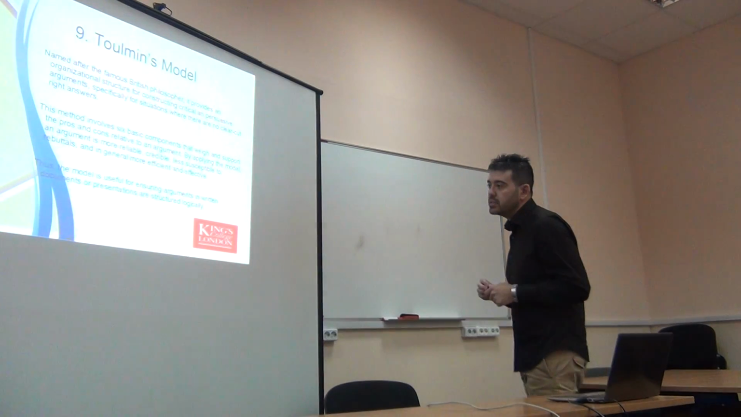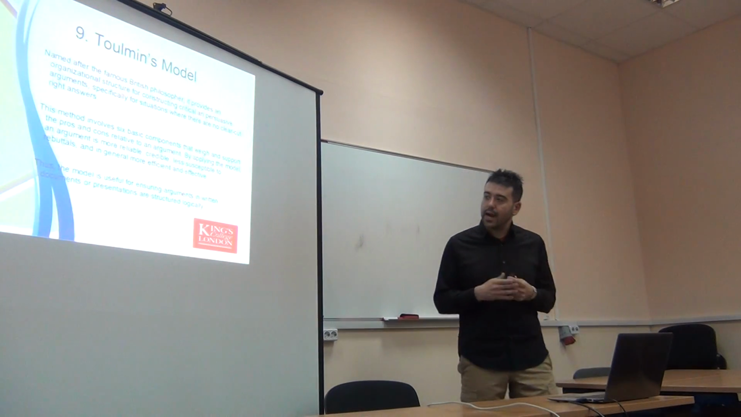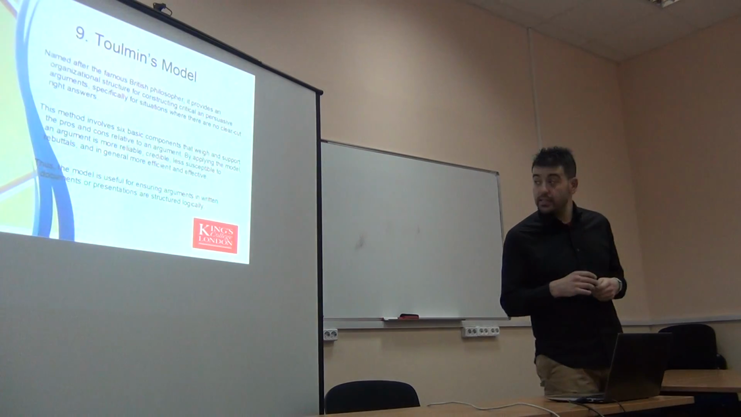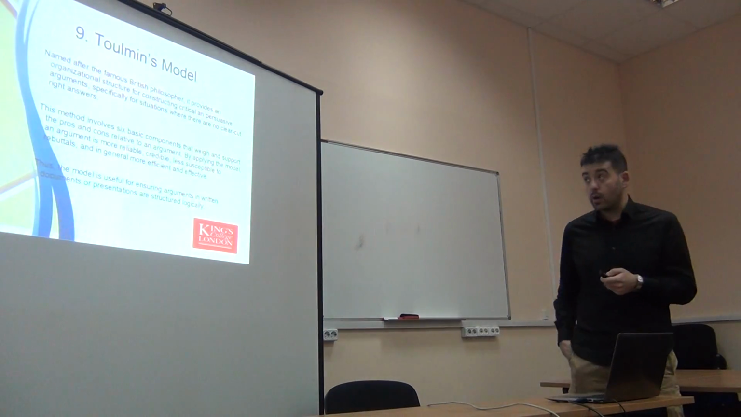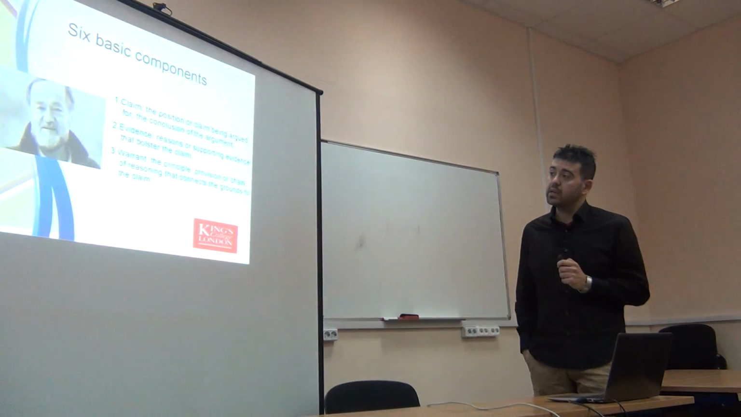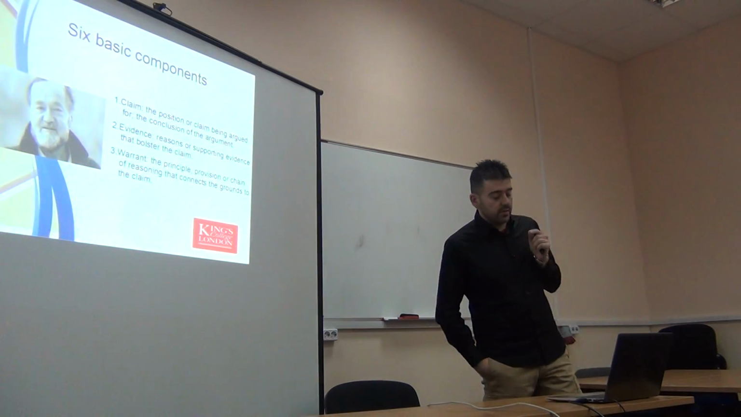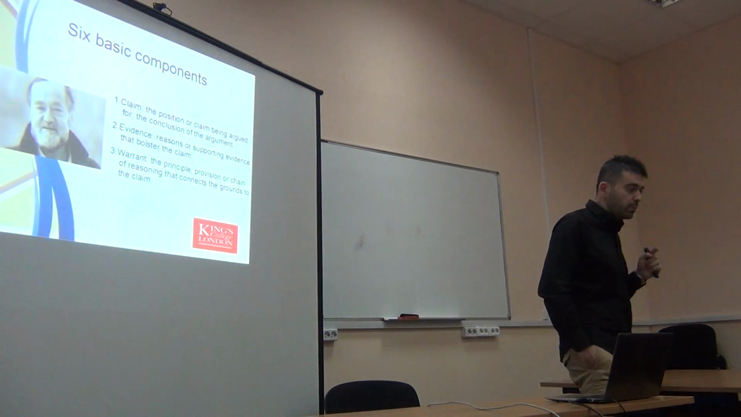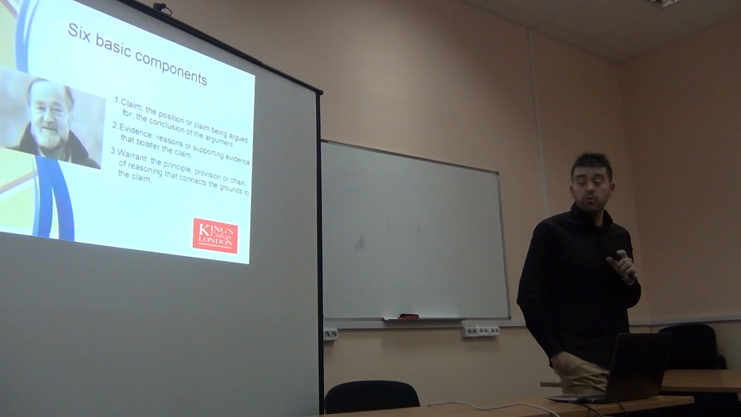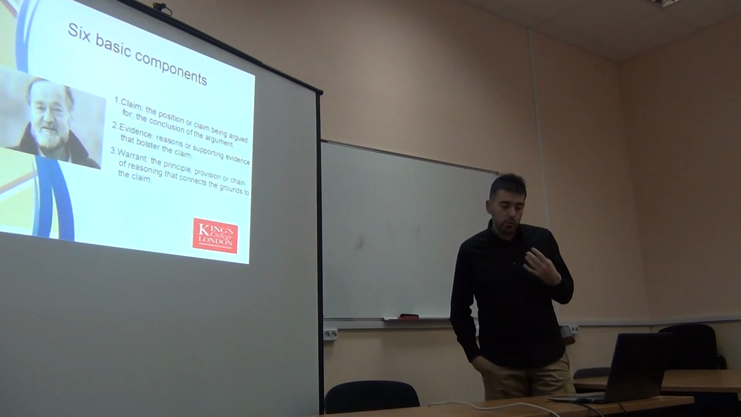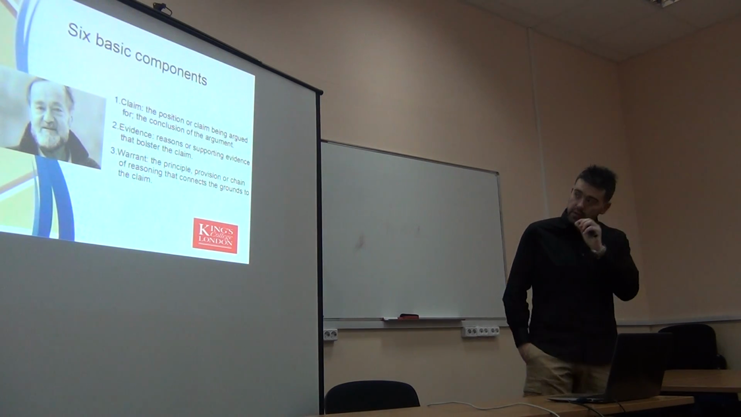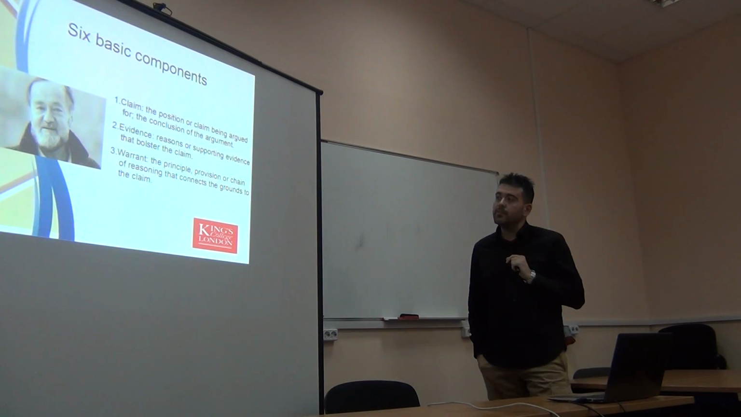Thus, the model is useful for ensuring any argument is written in a logical way. So that's why I would like to review it briefly. How I want to do this is to first look at the 6 components in bullet points, and then move on and try to analyze them in more detail and say something about each of them. Let's start with